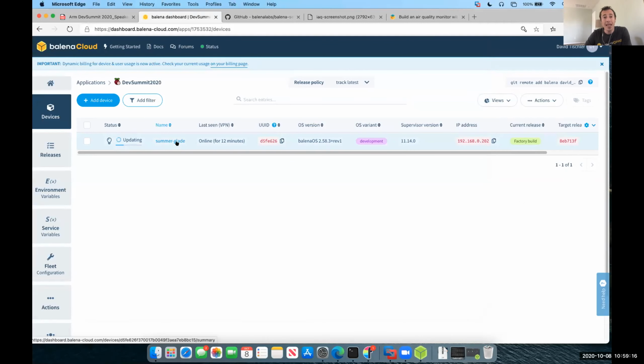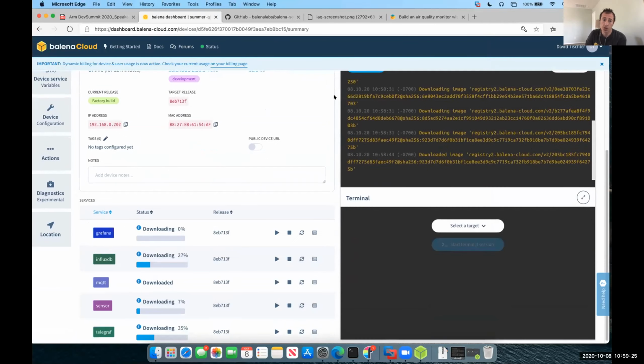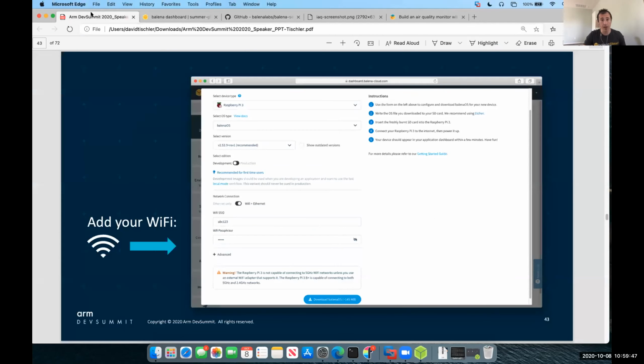And Balena has now noticed that those containers are ready and is beginning to pull them down. So the same outcome is going to occur. We will end up with that Grafana dashboard showing our environmental data. But in this scenario, we did the git clone and the Balena push. The reason I wanted to show that,